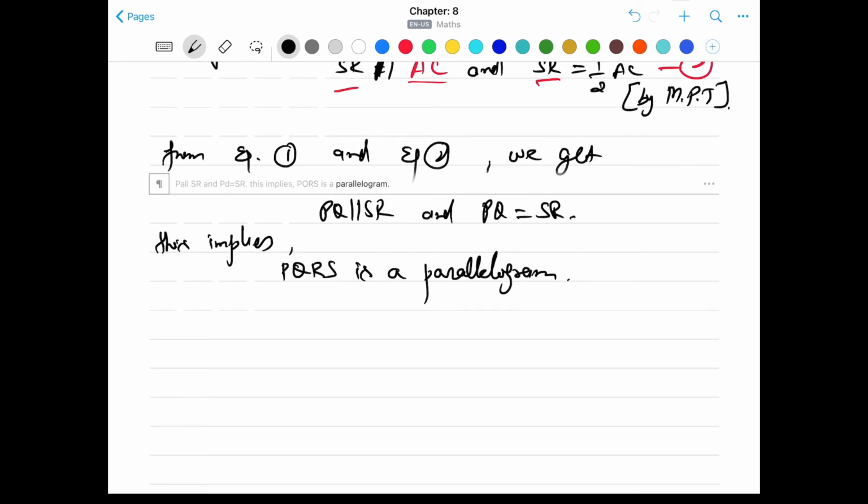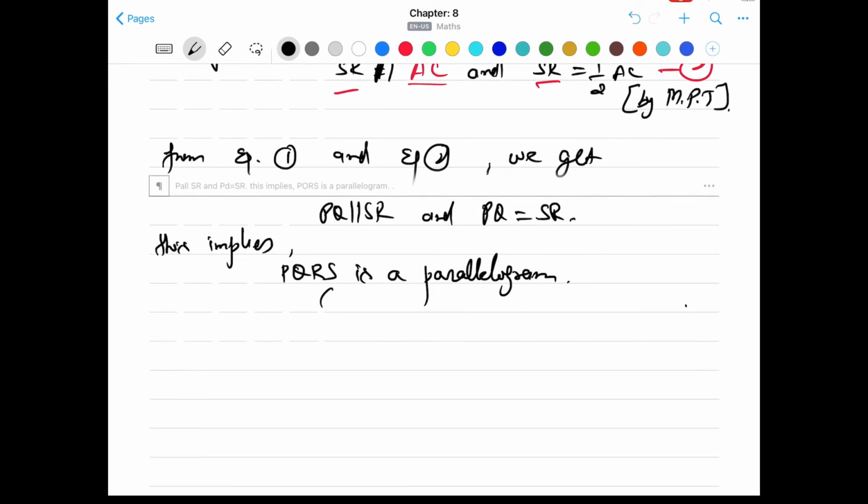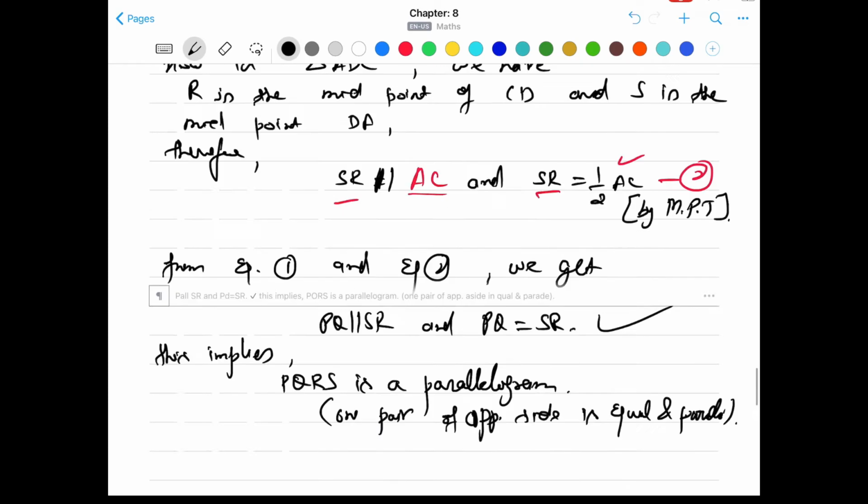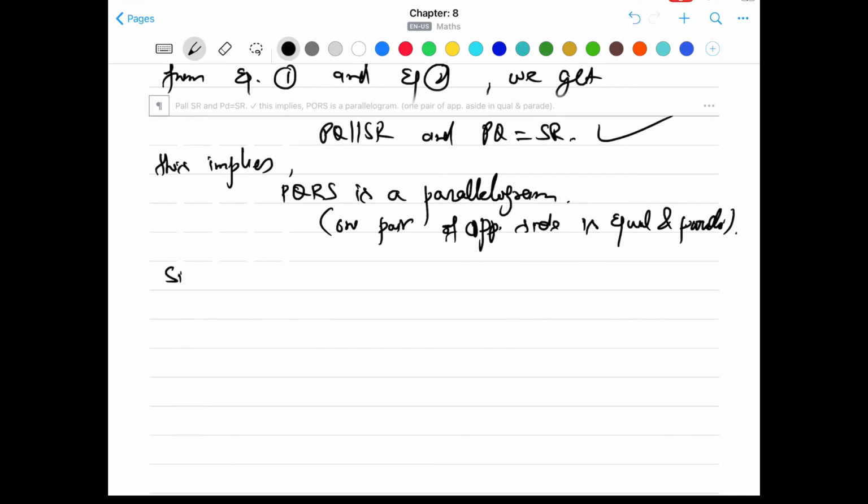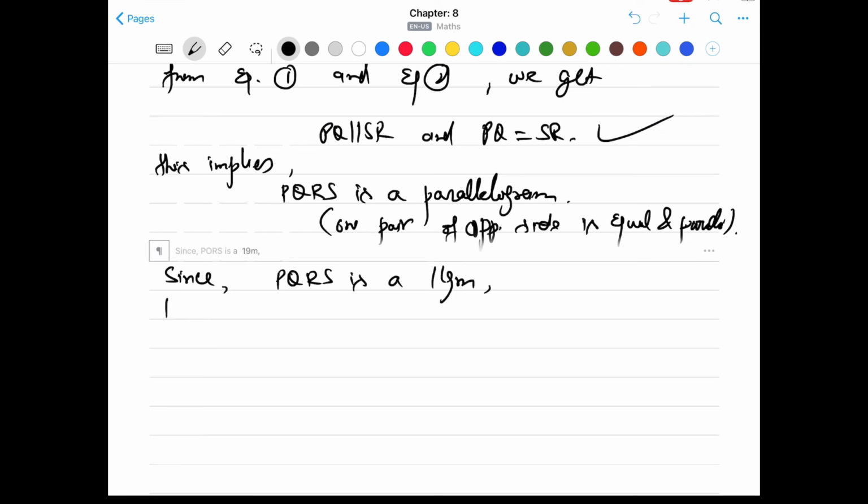Okay, this is by theorem 8.8, which says if in a quadrilateral one pair of opposite sides is equal and parallel, then it is a parallelogram. So we will write, because one pair of opposite sides is equal and parallel, that's why PQRS is a parallelogram. So, since PQRS is a parallelogram, therefore